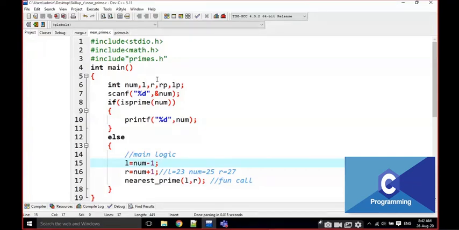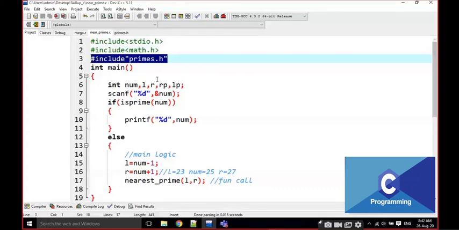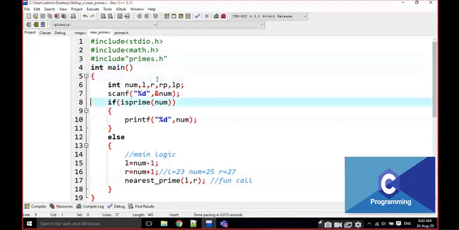Now when I am writing that prime functionality, if I want any prime functionality, I am going to directly write this functionality here and call it. That's it, nothing else. It is working as a predefined functionality, right? Now I am going to write is prime every time. This is a user defined function in the user defined header file. Is it clear, everyone? Just note down this one. How I am writing this primes.h.